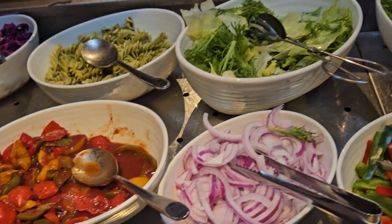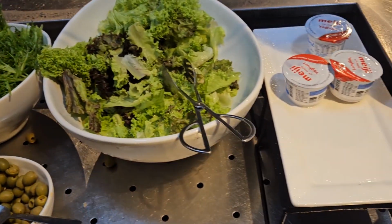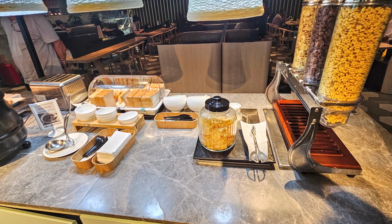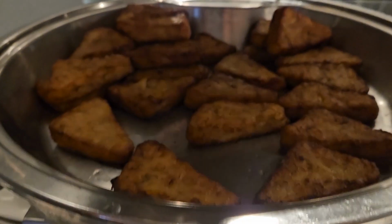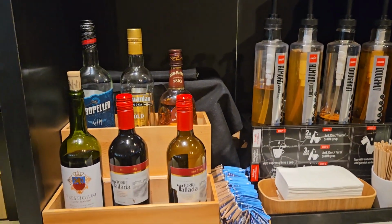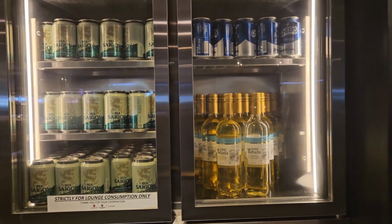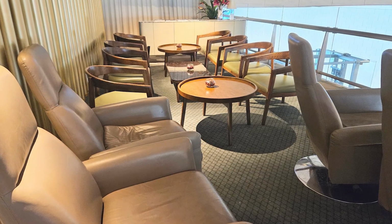Now, I wouldn't say there was a large selection of food options as we were here during breakfast time, but I think if you just wanted to grab a little bite to eat, something to drink, and relax before your flight, there were enough options here. Now taking a look at your drink selections, not a wide variety of choices, but I'd say enough options for our breakfast. Like I mentioned, they had a few different seating options, but we preferred this spot, where we enjoyed